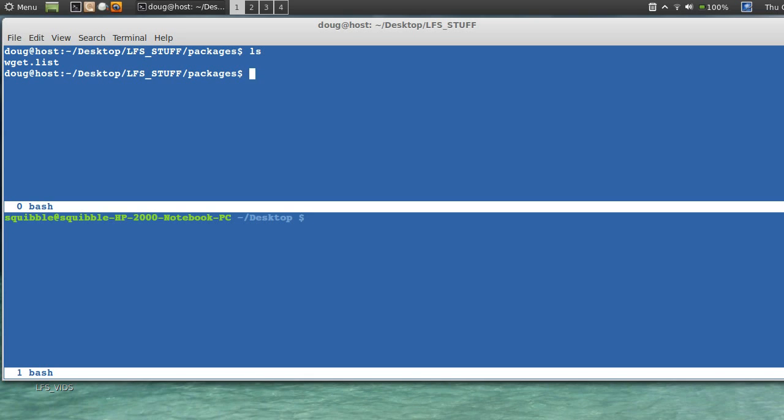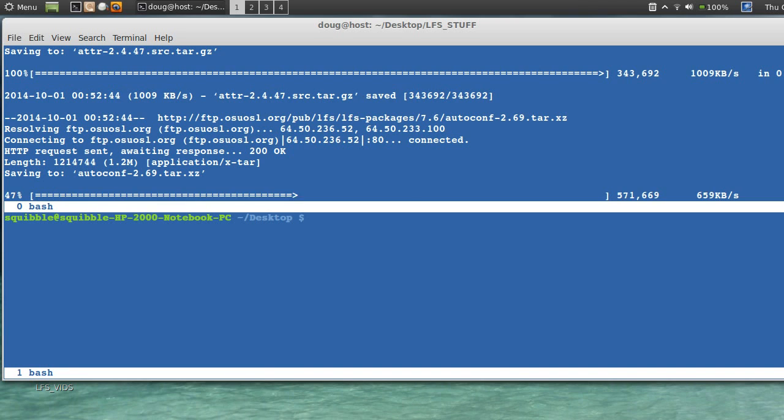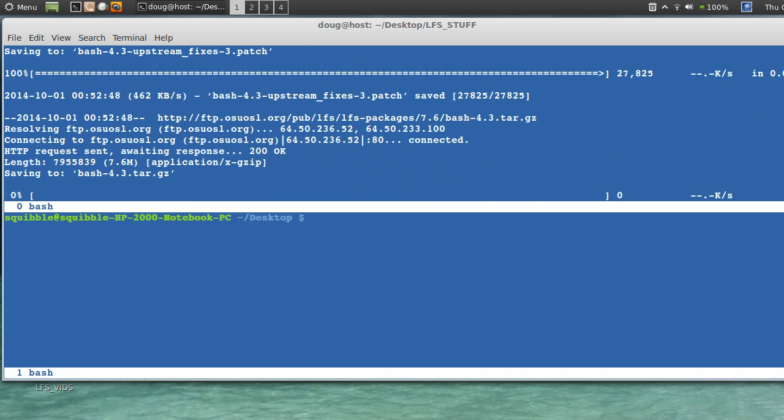Now I can say cat wget.list while read line do wget $line. Done. Okay, I'm downloading all my packages now, and I'm doing it straight away because, like I said, I'm going to change connections. Now, there is a wget.list out there you can get,